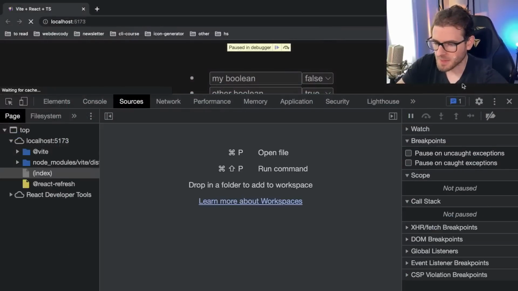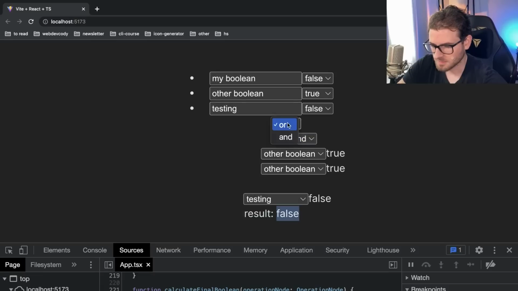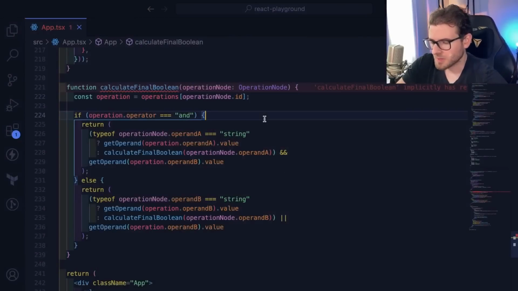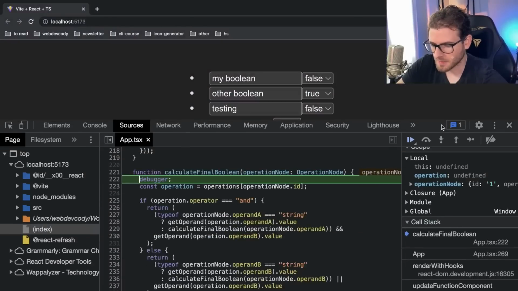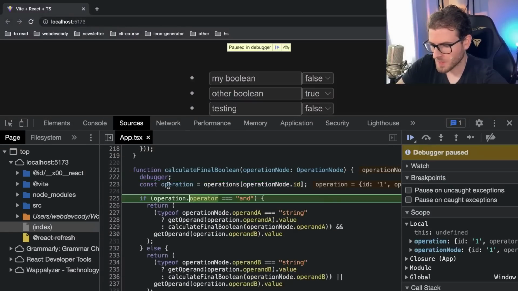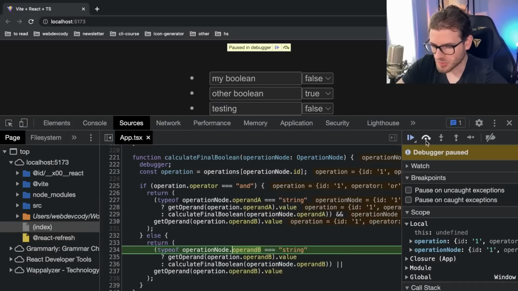Let's try this out. So this will be true if this is false. Okay, that's still not working. This sucks. Let's do this. Debugger. We got the operation. It's an OR. That should recursively dive into